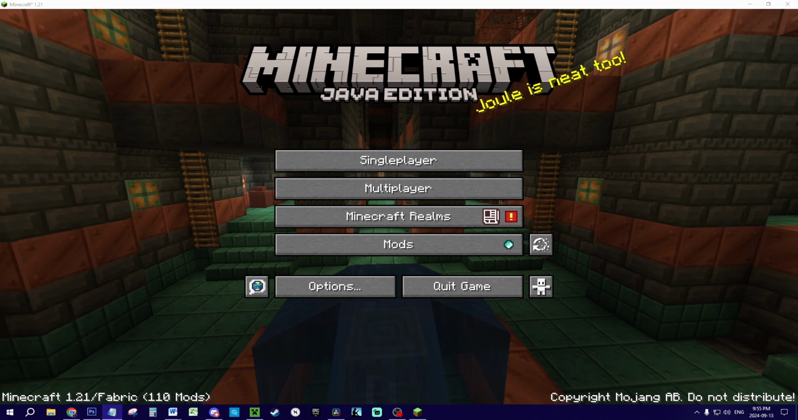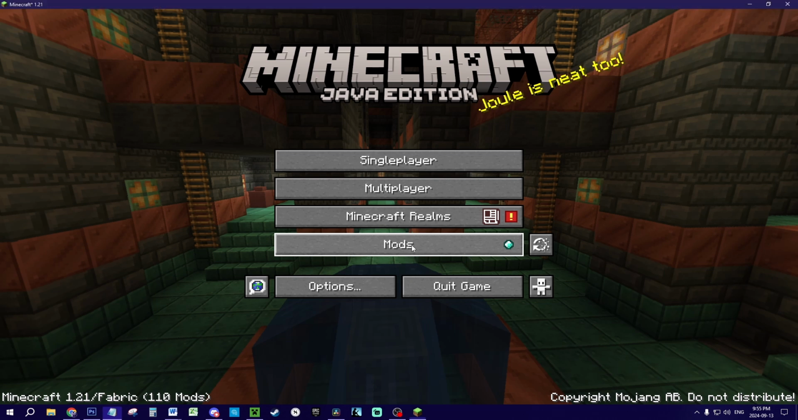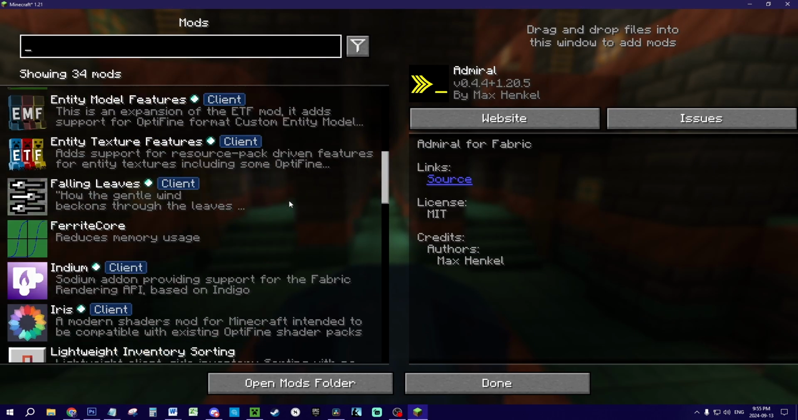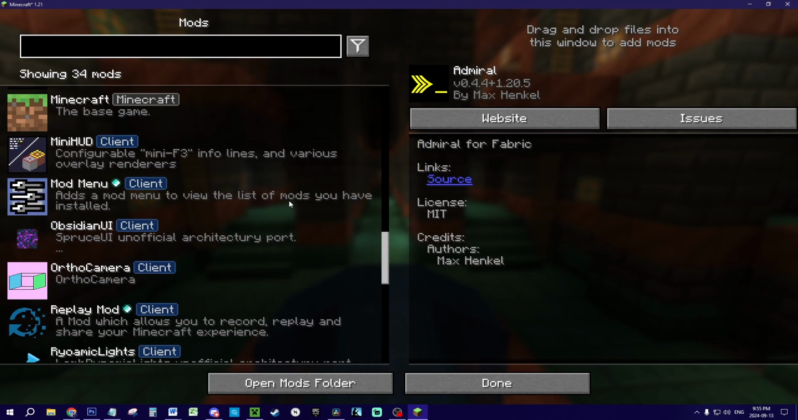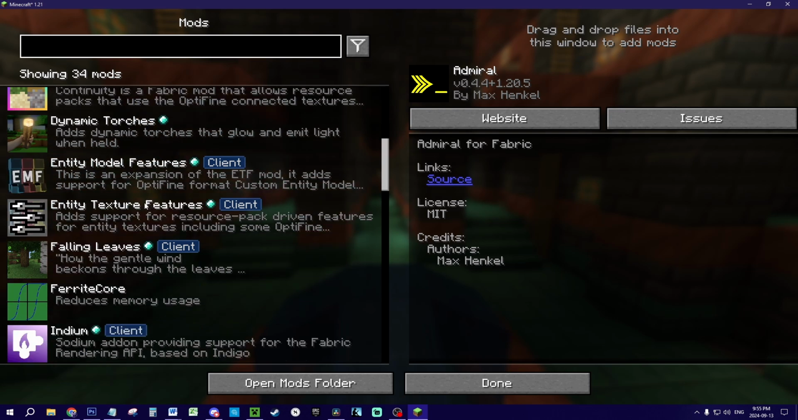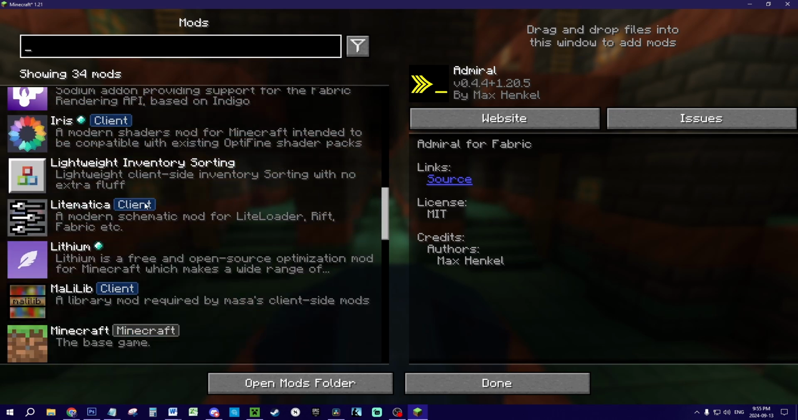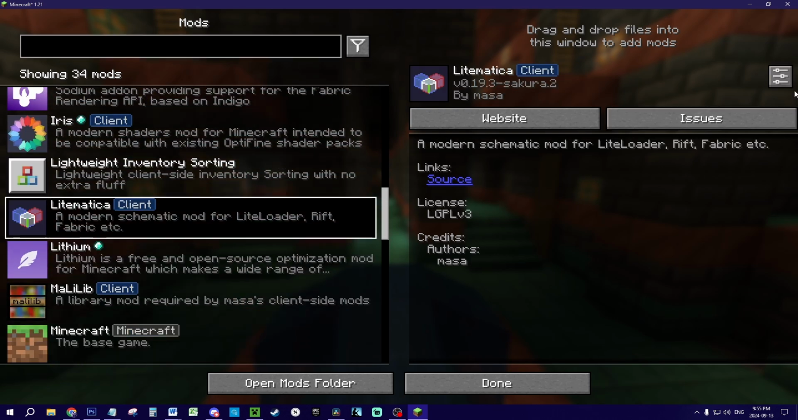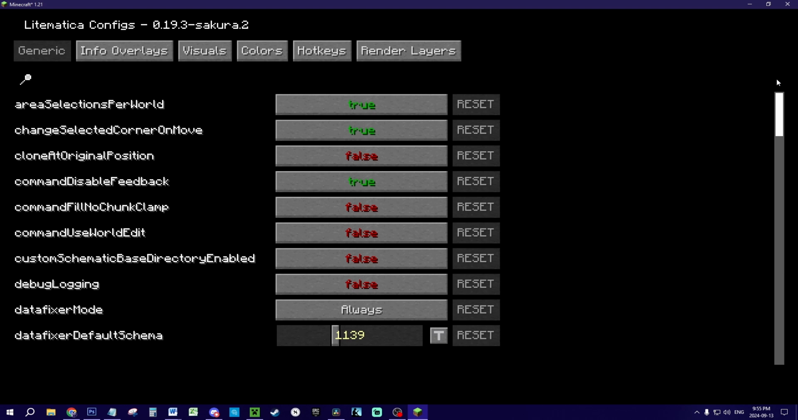Alright, so number 7 to 9 is going to be talking about a specific mod called Litematica. So I personally have a mods menu, which gives me access to all of my mods here. So what you want to do is scroll all the way down to Litematica. Then you want to go to Configure,